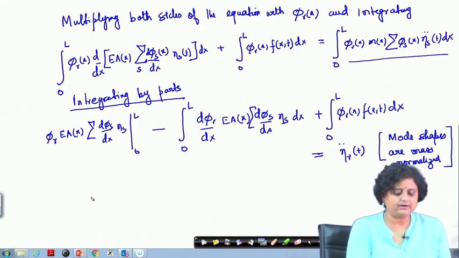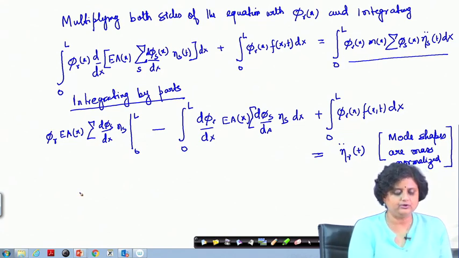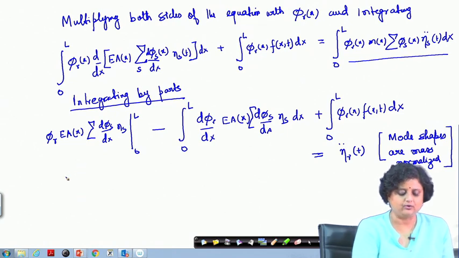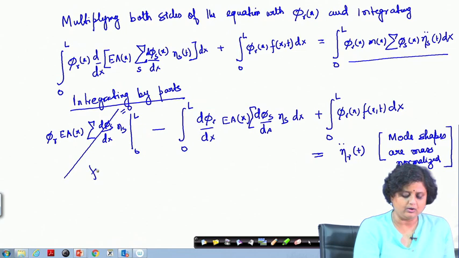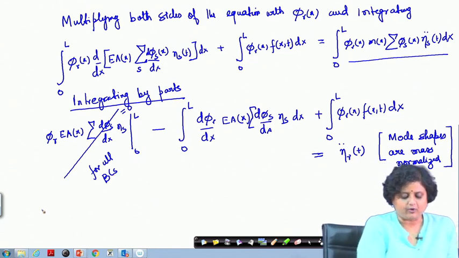And if the boundary is fixed, then phi r x, which corresponds to u x, the displacement, is also going to 0. So, this whole thing goes to 0 for all boundary conditions. We have already talked about this earlier, so I am not spending much time on this. Therefore, we are left with minus integral 0 to L